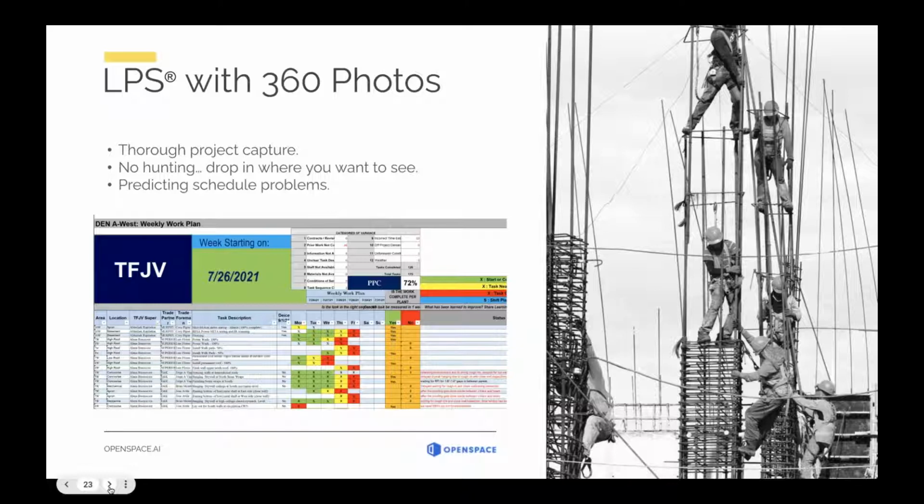I know that there's lean teams out there. Actually, another Turner team based out of Chicago is using this with all of their trade partners on another IPD project, where they're actually bringing up OpenSpace, or any sort of 360 technology, on a screen. It's a cloud-based tool, so you can just bring it up in the meeting, and instead of having to go out to the job and say, hey, did that get done or did not get done, or solve a dispute, they can just immediately bring it up on the screen and check whether it did get done or not. And that is particularly helpful too in constraint look ahead. Maybe Chris, you can talk a little bit about that. I know you've got a delay, but